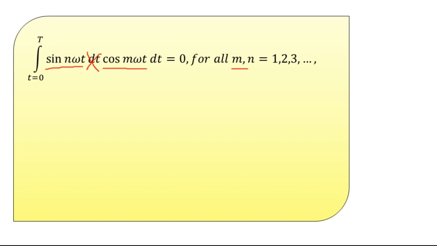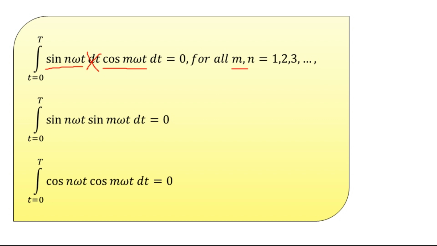In a similar fashion we can have the representation: the integral from t equal to 0 to capital T of sine n omega t into sine m omega t dt is equal to 0 for all m and n that are unequal here. And also we can have a similar kind of representation with the cosine functions. So the integral from t equal to 0 to capital T of cosine n omega t into cosine m omega t dt